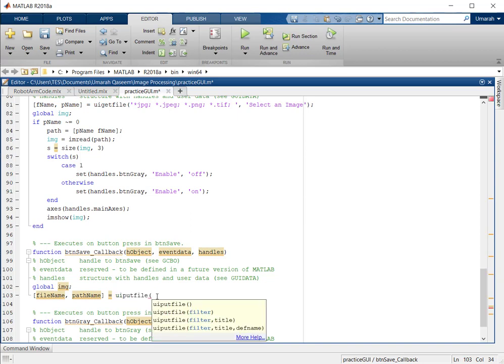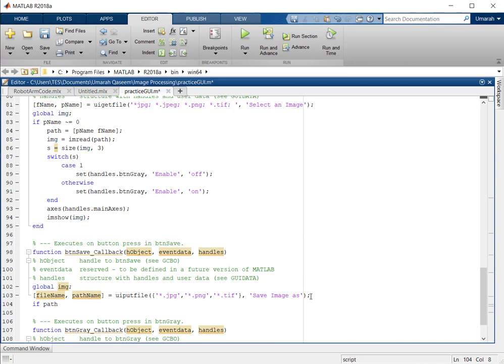And again, .jpg, and then one more thing, comma, .png. If path name is not equals to 0,